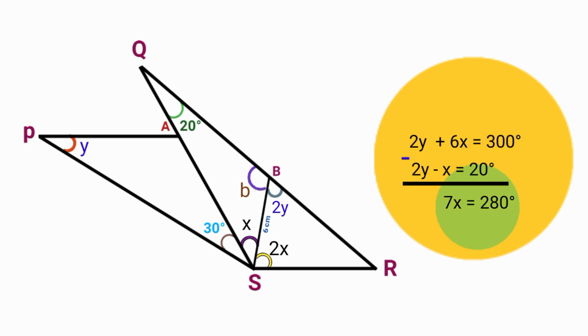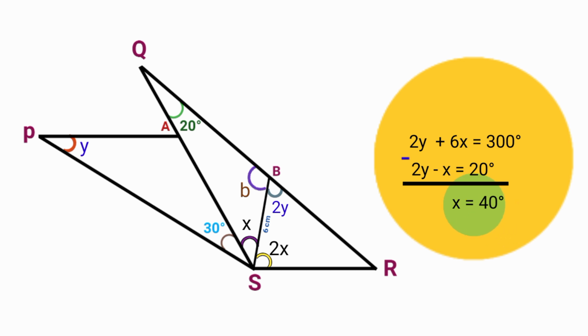So now we are left with 7x equal to 280 degree. To make x the subject of the formula, we divide both sides by 7. So 7x over 7 equal to 280 degree divided by 7. Here 7 cancels 7, and 280 degree divided by 7 is equal to 40 degree,